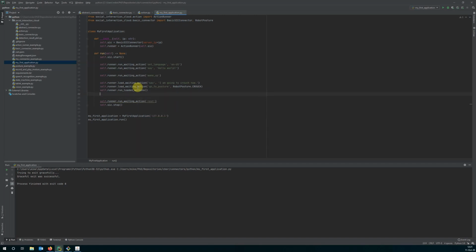So what I want to do now is making the robot go back to the standing position. So I will just simply copy paste this. I'm going to stand now. Call this, and this will make the robot first say hello world in English, then it will wake up by